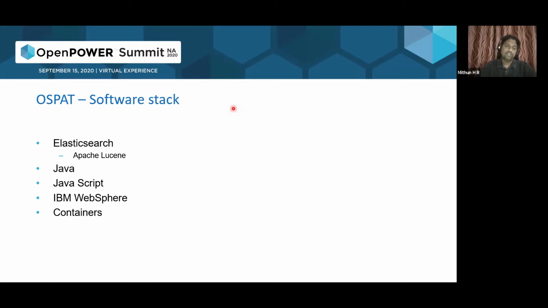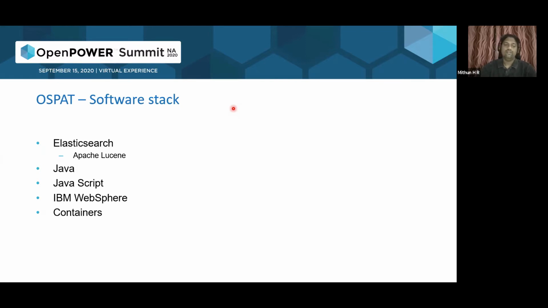Right. So previously it was using Solr, which is also based on the Apache Lucene search engine. We have made use of Java as a programming language. An application which wants to retrieve this information from the Elasticsearch is written in Java. And when we are pushing all this information to Elasticsearch, we have again made use of Java, and we have written those packages in Java. And all this application has been hosted on IBM WebSphere application server.